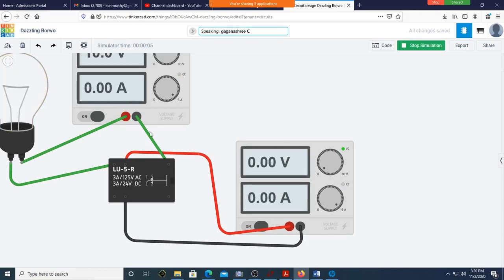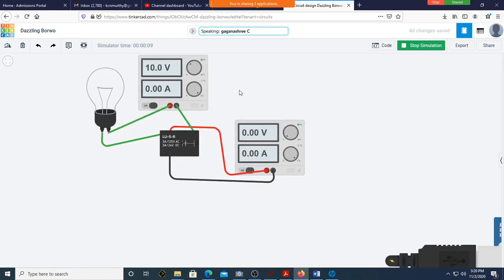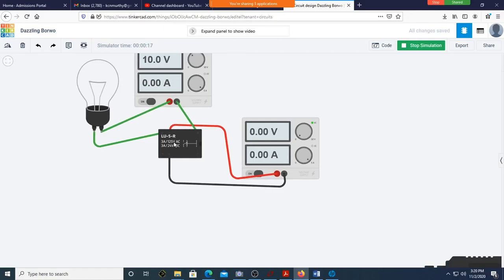If it is 0, why is it off? Because it is normally open. There is no closed path for the current to flow.